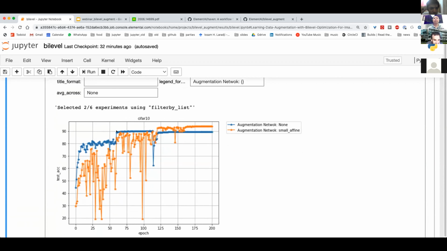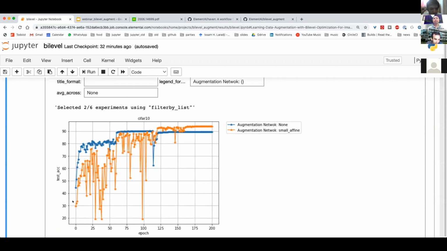The blue line is the classifier only. So we did some babysitting with the learning rate. Every set number of epochs, we reduce the learning rate. As you can see here, the x-axis is the epoch, the y-axis is the test accuracy. As you go along, here there's the drop in learning rate. So it first converges, then with the drop in learning rate it goes up, and then it went up here again, but then